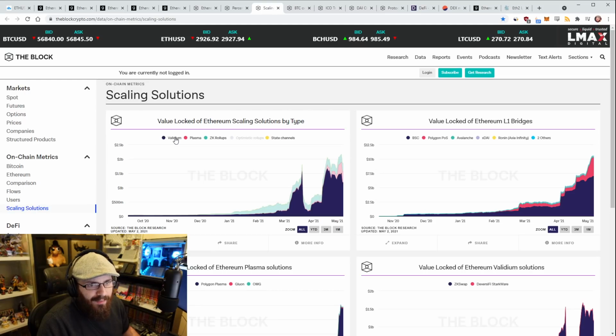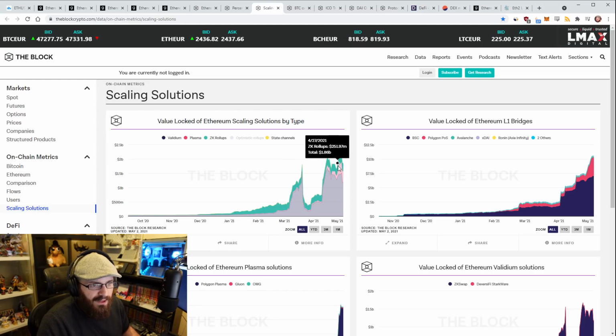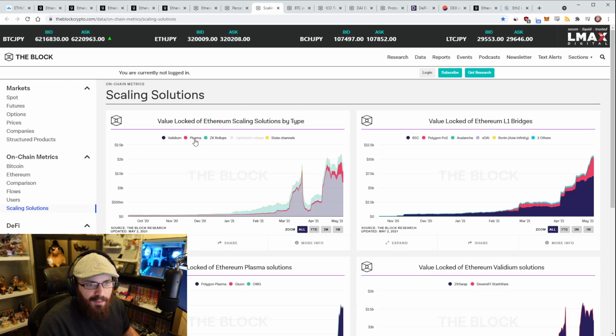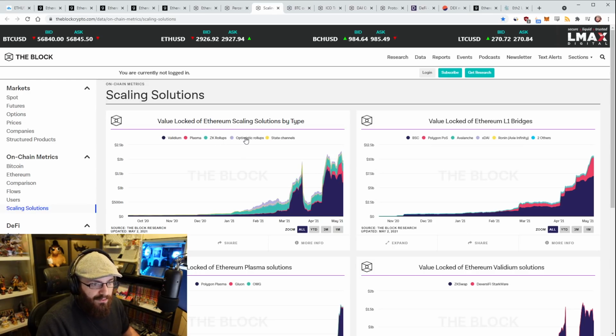So Validium, I'm pretty sure, which one's Validium? I can't remember which app is using Validium right now, but it's StarkWare's technology. So whatever apps are using that. Plasma, I'm pretty sure that's Matic, the Matic Plasma chain, and MEC Go as well. ZK rollups is stuff like Loopring. Optimistic rollups, I'll just add that back in. That's Synthetix right now. And state channels, there's Raiden and Connext Network and things like that.